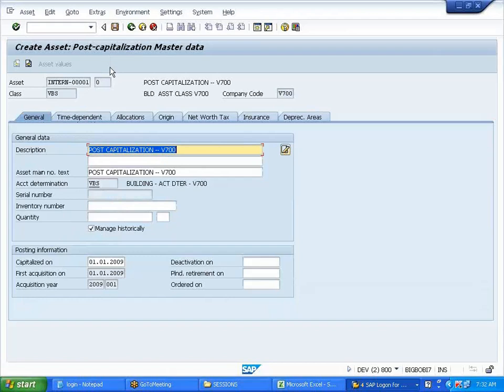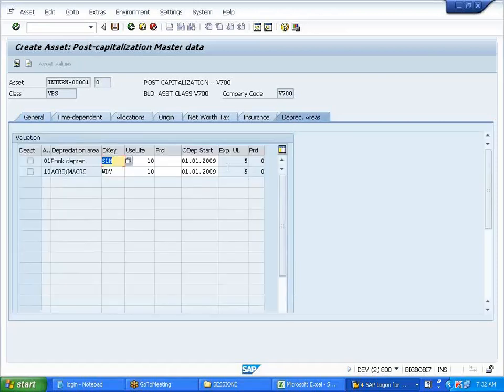So, Dhara, you're getting this? Yes. This asset was purchased way back in 2009, and I'm trying to pull that asset into my SAP. I want to know the history of the data, like this asset was capitalized in so-and-so year, and it has an expired useful life of 5 years. So currently it will show me the remaining 5 years, right? Because the useful life of the asset, we said, is 10 years, right?